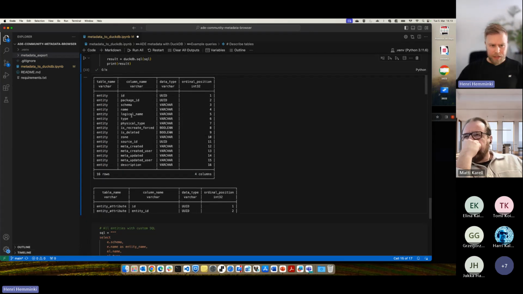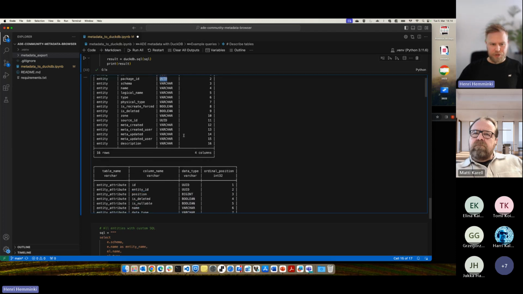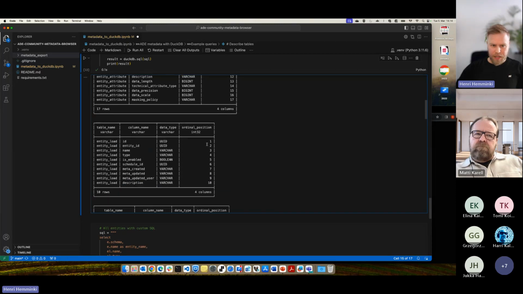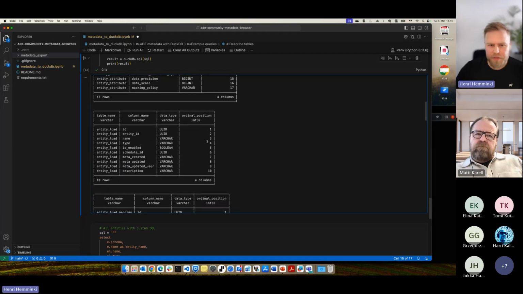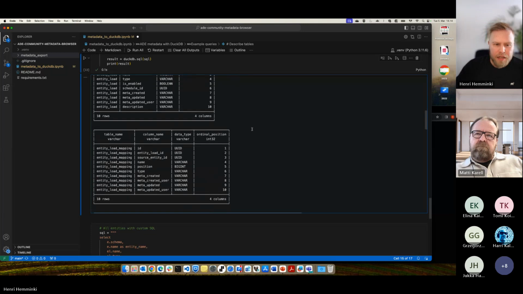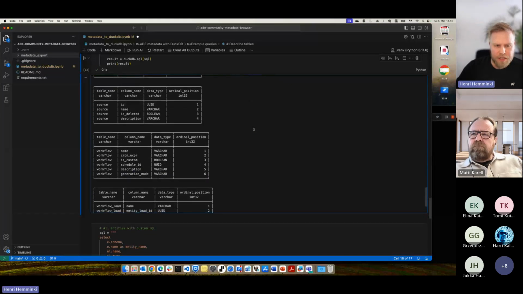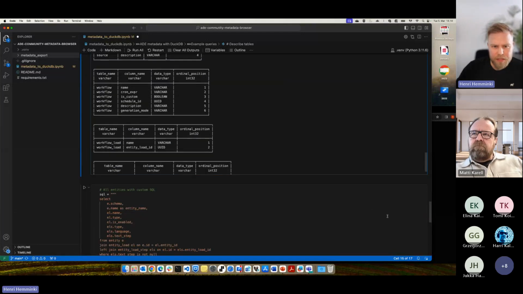So we have the entity table with the entity schema, where the primary keys are the unique identifiers and whatnot. This now shows all the tables and all the attributes we have there. Quite handy to load all the data from the metadata interface to my local DuckDB.